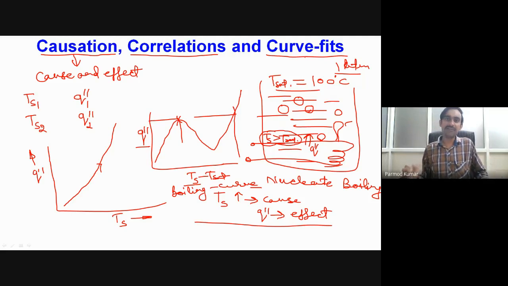Okay, and curve fit is something particularly related to statistical quantities, where we are trying to fit some best suited trend line to our data set. And causation tells the relationship between cause and effect. Cause and effect means which variables are causing that phenomenon to occur, and what is the effect of those parameters which we are trying to get in our final outcome.